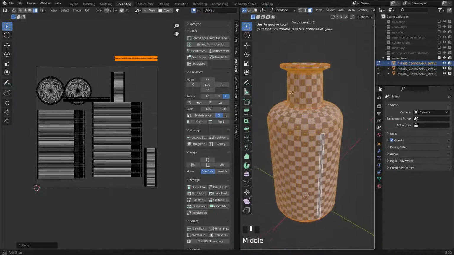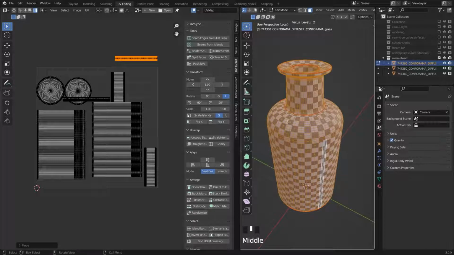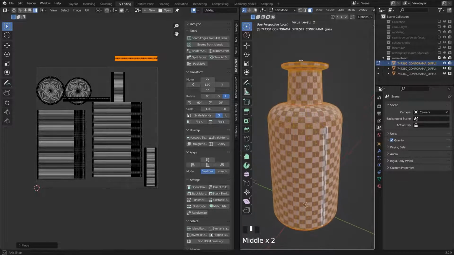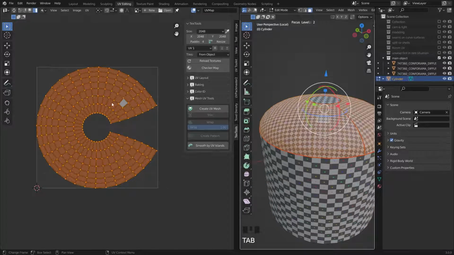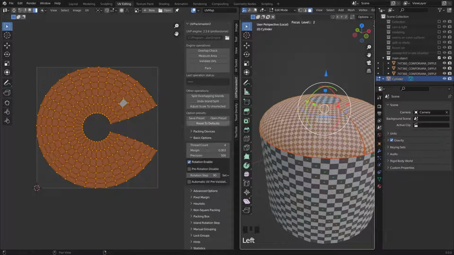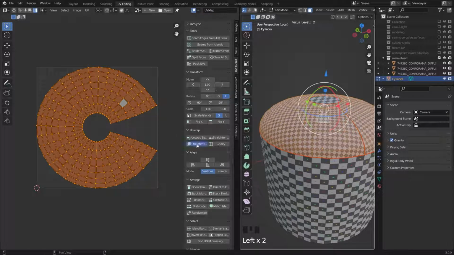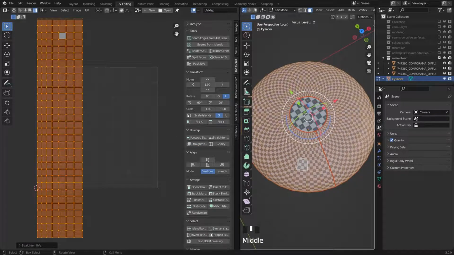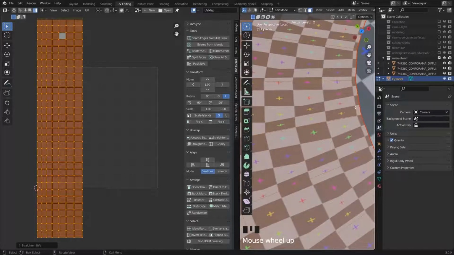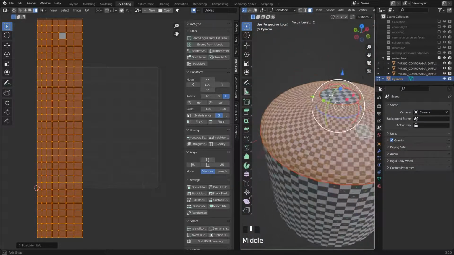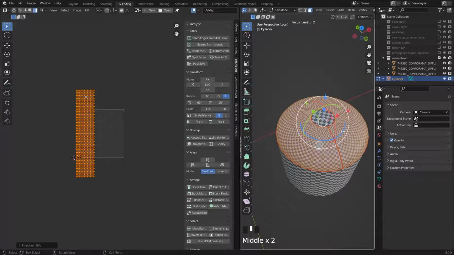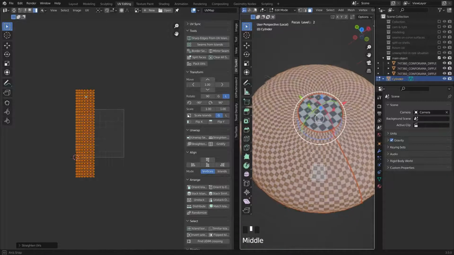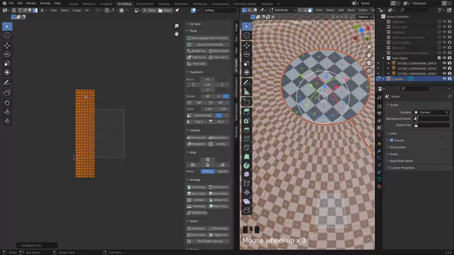Also, the material of this object is glass, so it's not really important, but sometimes you need to take care of this. If I go here and straighten this UV shell, you can see there is a lot of distortion here, and in this case I think it's not really good to straighten this part, especially when you want to add some unique details. For example, if you have text here, it distorts, it doesn't let you have good text or unique details here.